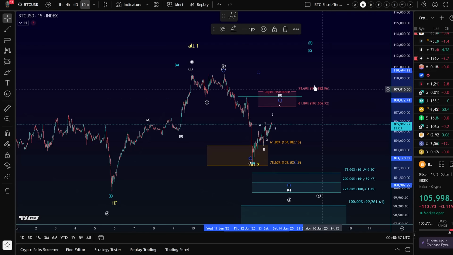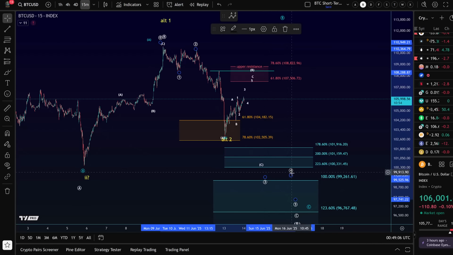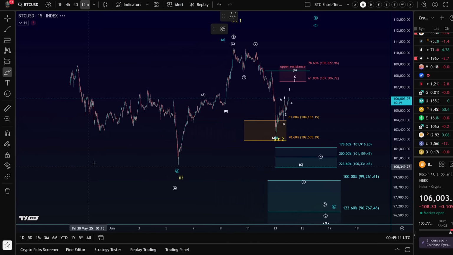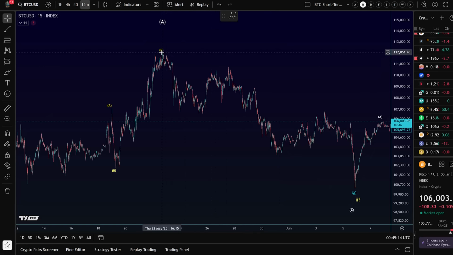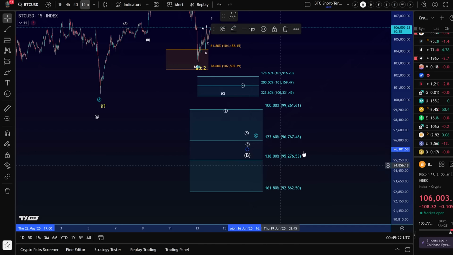Currently, the short-term bearish count is the white scenario, okay? This is the short-term bearish count that we discussed before, earlier today. And in this scenario, the market from the swing high in May, around the 22nd, 23rd of May, started a B wave, as shown in white. Could take us into this region between $99,260 and $92,860. So this would be the standard, let's say, target area there for a B wave based on the internal